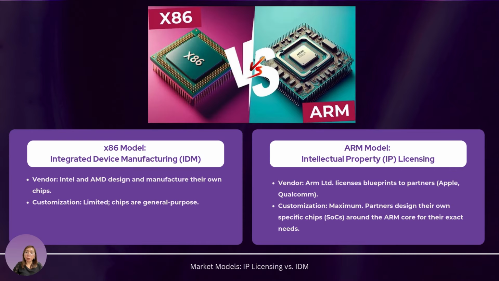So finally, with regards to their business models, they are actually entirely different. x86 is largely a monolithic system where Intel and AMD design and manufacture the finished chips, the integrated device manufacturing model. You buy the chip and they design it. ARM, on the other hand, uses what we call an IP licensing model. ARM Ltd. sells the architectural blueprint, and their partners, like Apple and Amazon,